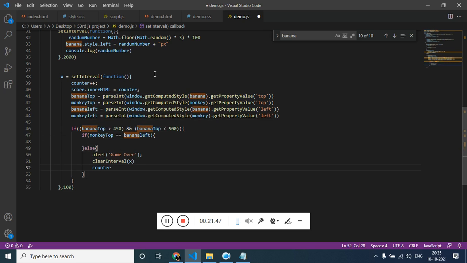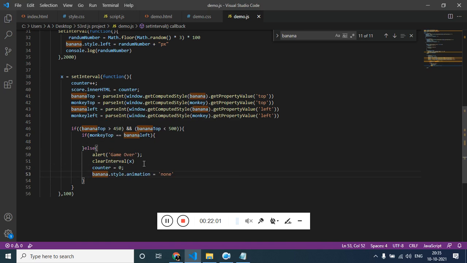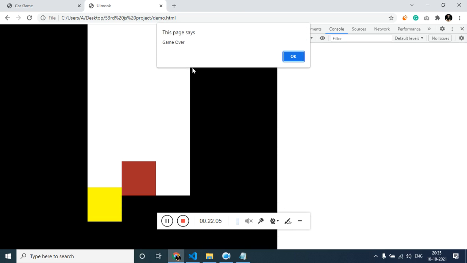So if the game is over, we have to set the counter to 0 again, and if there is a match, then not to forget we have to stop the animation as well. So banana has the animation, just refresh it, you should see game over.